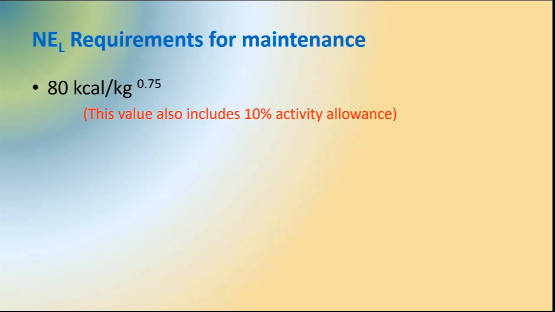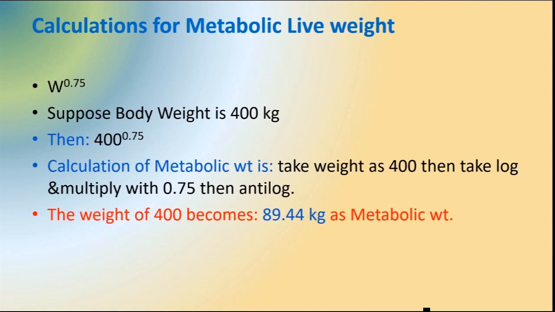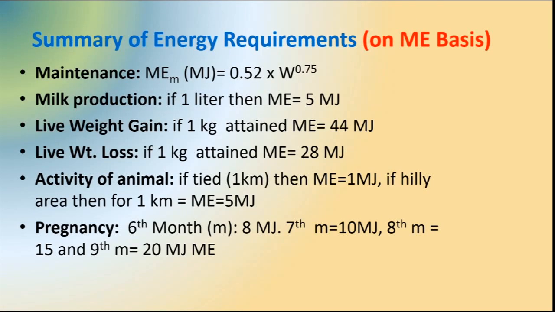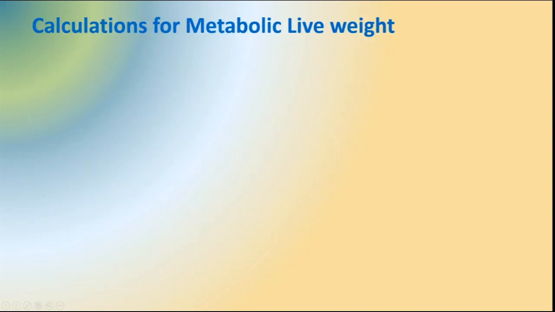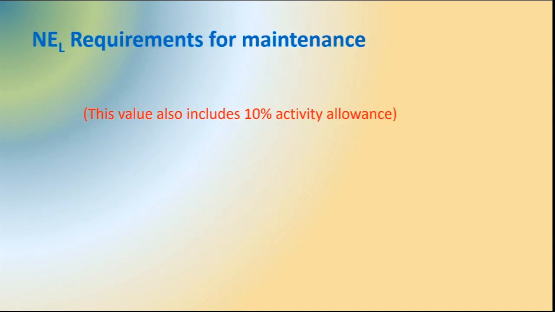We put this 89.44 and multiply it with 0.52, and we will get the value of the maintenance energy requirement in megajoule for that particular animal. But if we want to calculate net energy requirements rather than the metabolizable energy requirement,